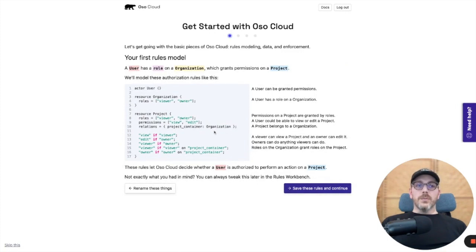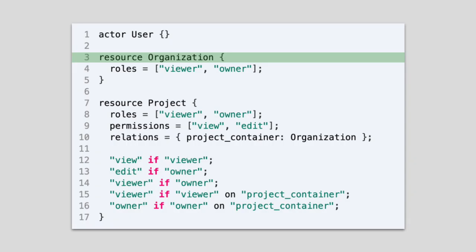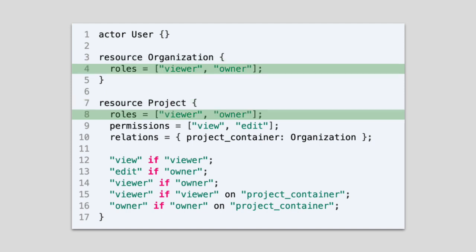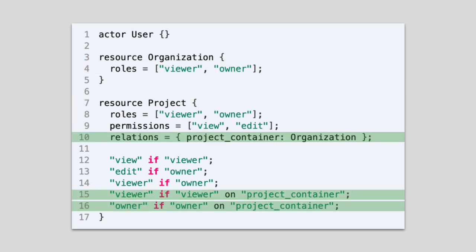The starter policy has a few different patterns in it: multi-tenancy, roles and permissions on resources, and a relationship between two different resources. In this case, we have a resource called organization and one called project. Each of those has a role called viewer and owner. And then there's also a relationship that says that users with one of those roles on organization inherit those roles